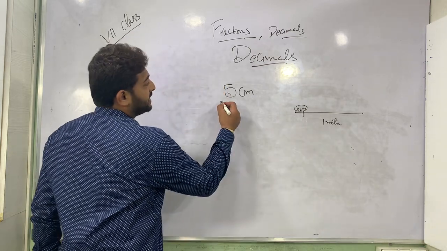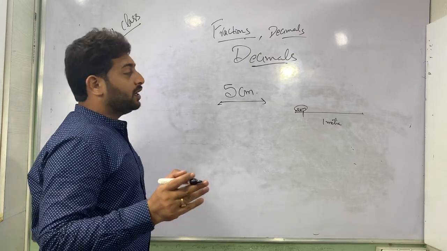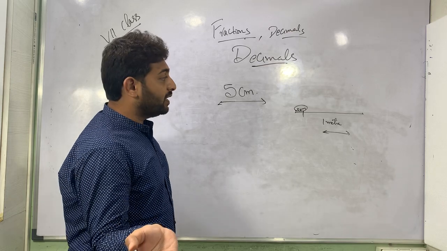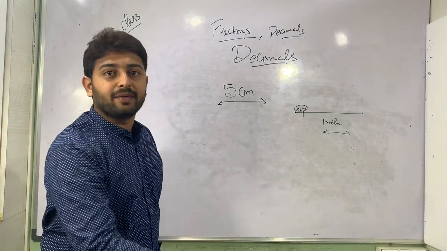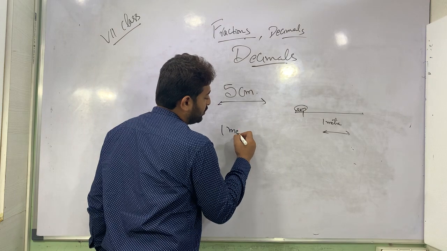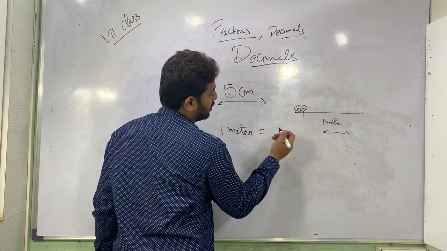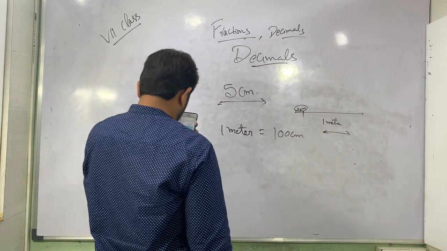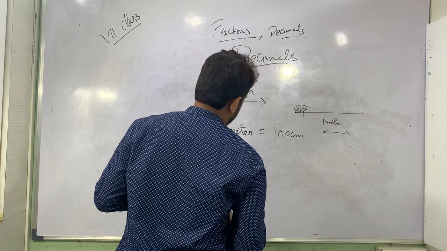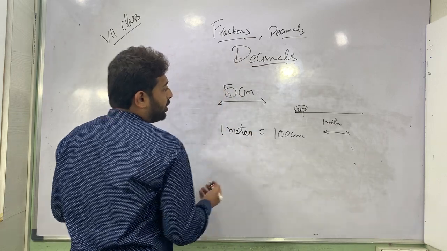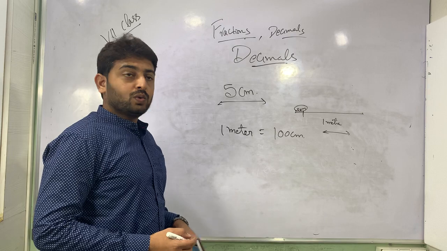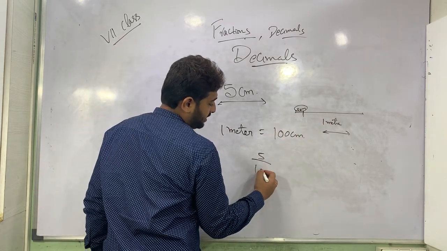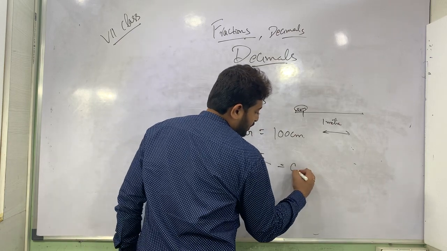So 5 centimeters. Before doing it, you need to know how many centimeters 1 meter has. What does 1 meter equal to? So 1 meter equals 100 centimeters, right? So you can write 1 m equals 100 centimeters. Now if you want to convert this 5 centimeters into meters, you just need to divide 5 by 100. So that equals 0.0